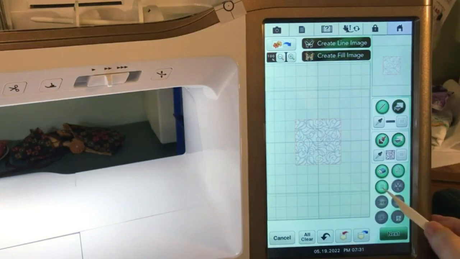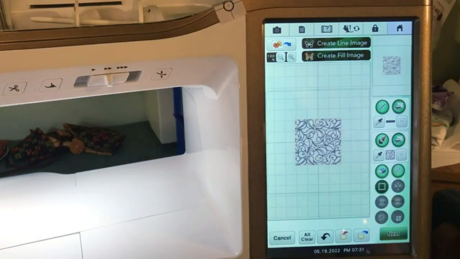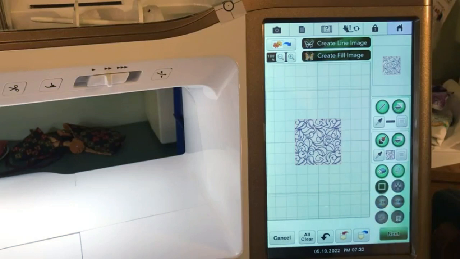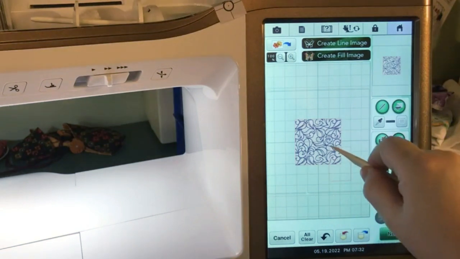This here is your selection tool, okay, which can make you crazy sometimes. Selection tool, on the Solaris, it's going to come down here and say, do you want to draw a rectangle around it? Do you want to lasso it in with a shape? That kind of thing. Or there's also a magic wand, which allows you to hit the magic wand and you touch a part of the element you want to select, and it'll select the whole thing. But say, with most of the machines, with the exception of the Solaris and the Luminaire, as you select